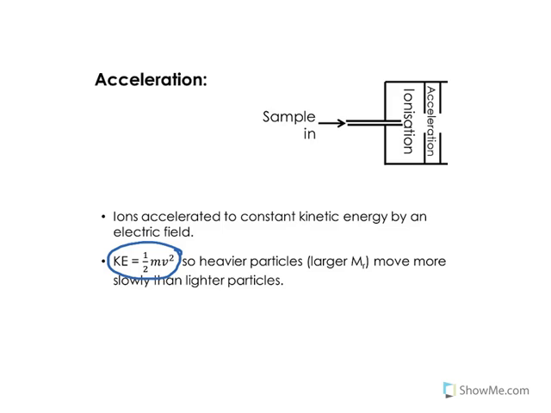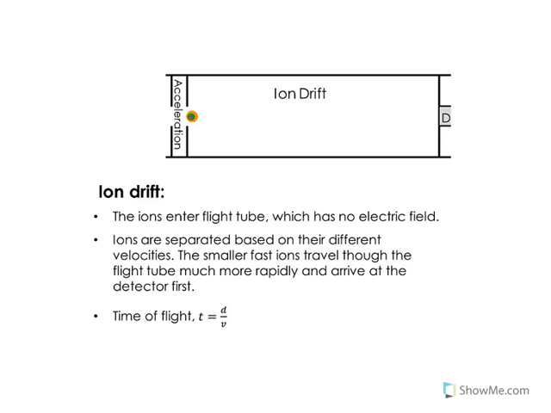Once accelerated to constant kinetic energy, those ions are then allowed to drift through the ion drift tube. And remember that this has got a particular distance, so there is a distance here. Now at the start, those ions begin at the entrance to the ion drift tube, but over time they start to separate out. So hopefully you can see here that the smaller, lower mass ions with higher velocity are moving